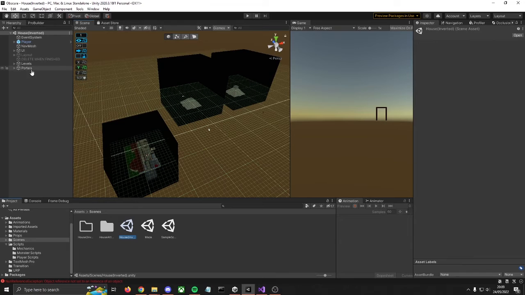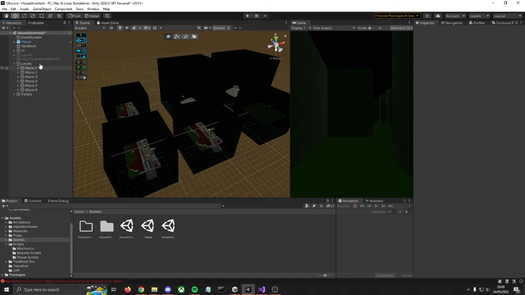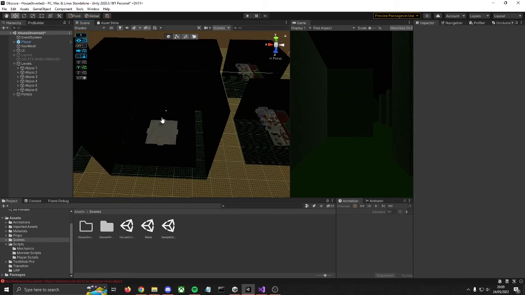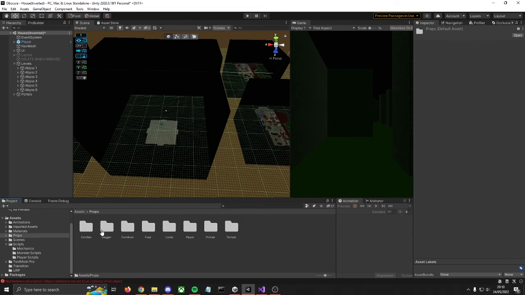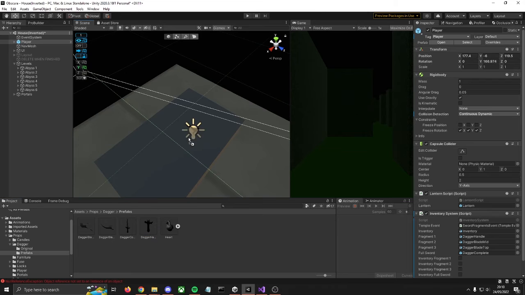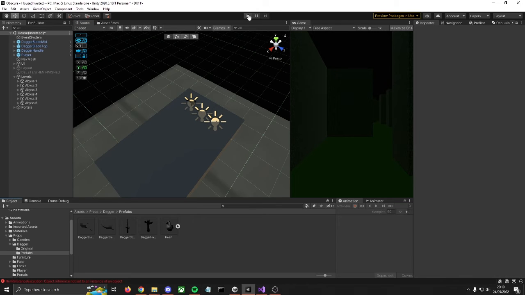This is the main level, which is multiple levels. Some of them are not rendered in just by enabling and disabling them. But if I hop on over to the end, to the temple that brings the sword fragments together, I will just demonstrate really quick how this works. To do so, I will move the player over in this scene, and I will take out the dagger prefabs that I need. Handle, tip, mid. And if I now hit play,